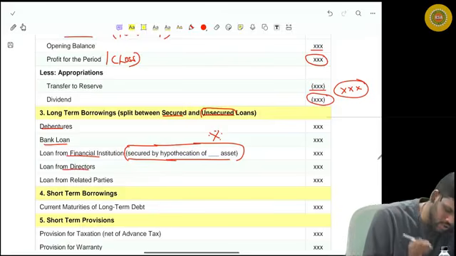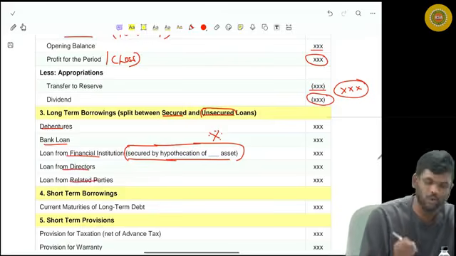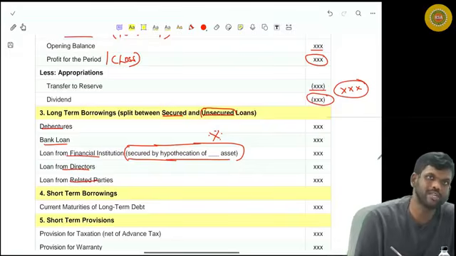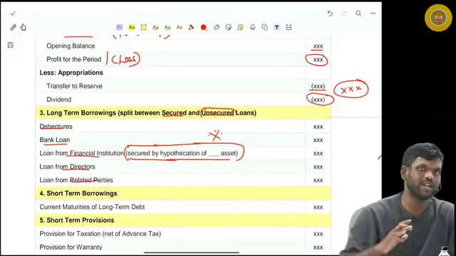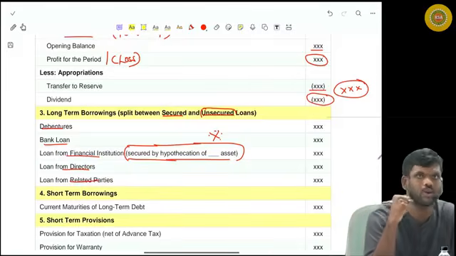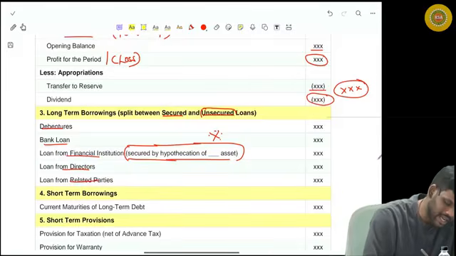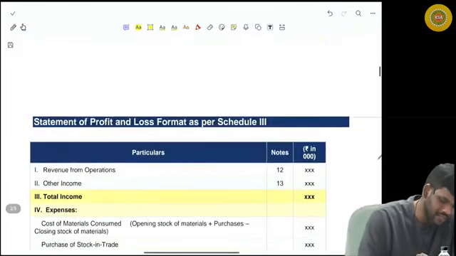And if any loans you have borrowed from directors, that should also be separately disclosed. Any loans from related parties should also be separately disclosed in the notes to accounts, not in the face of the balance sheet. In the face of the balance sheet, we will have the total long-term borrowings. In notes to accounts, we have to show this separately. Okay. And the next one after long-term borrowings in the balance sheet will be